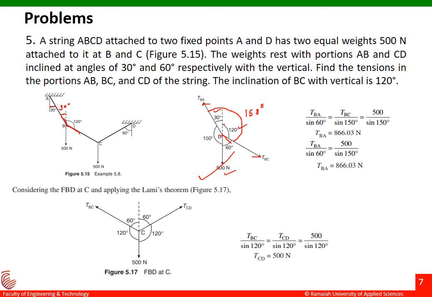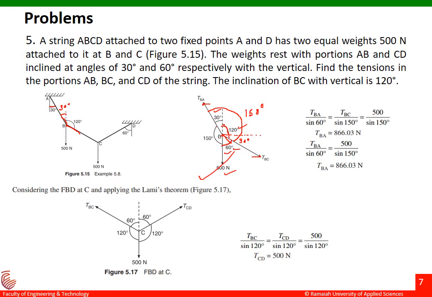Next thing, we'll find out the angle between 500 and the TBC, that is this one. So what I'll do is draw a perpendicular like this. Now, if the angle from here to here is 120 degrees, and this is my 90 degrees, then this will be 30 degrees over. If this is 30 degrees, this will be 60 degrees. That is the angle made between 500 and TBC is 60 degrees over there.